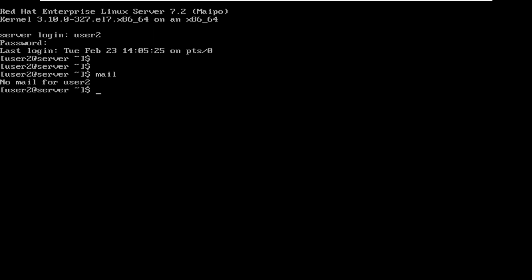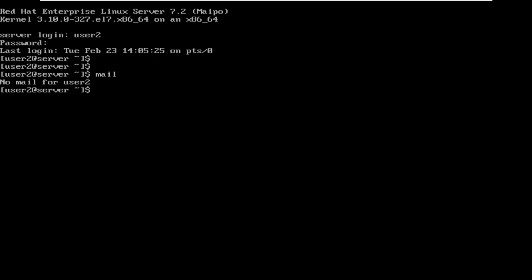So basically no mail for user1, no mail for user2. Now these users can send mail to each other from the local system, but it will only go to the local system. It will not be accepted from other systems.